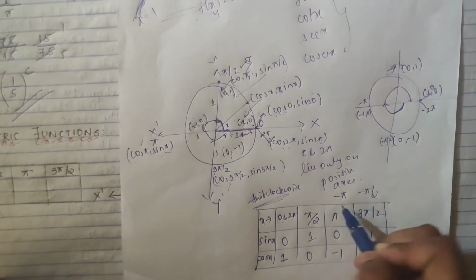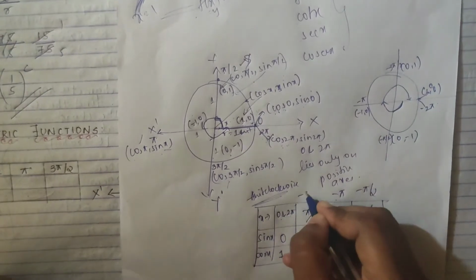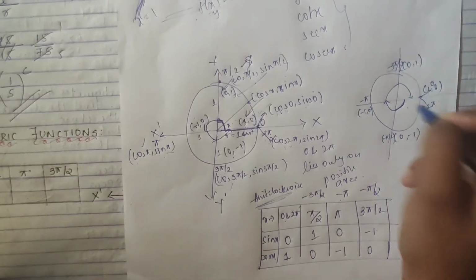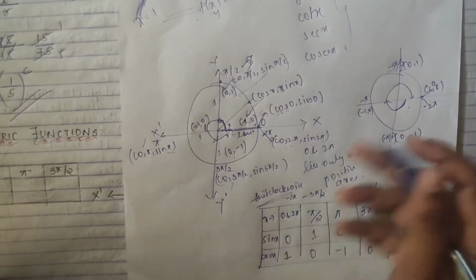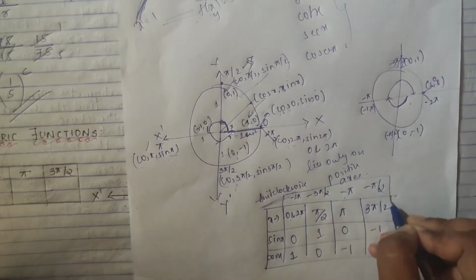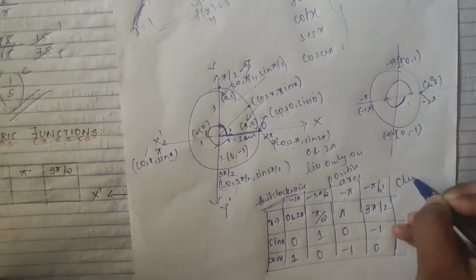This is your minus pi, okay. And here it becomes minus 3 pi by 2, right, minus 3 pi by 2. And again here it becomes minus 2 pi. See, 0 doesn't have any negative or positive, so it remains the same. I've just written it here because of the coordinates. You're understanding the coordinates I'm telling, right?